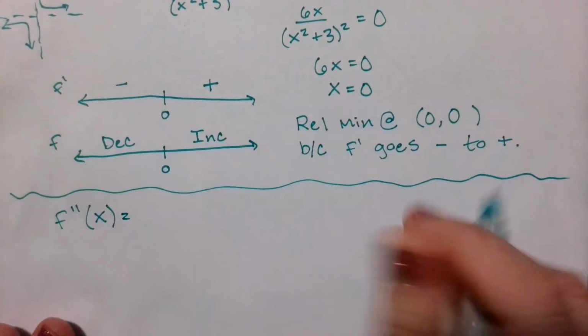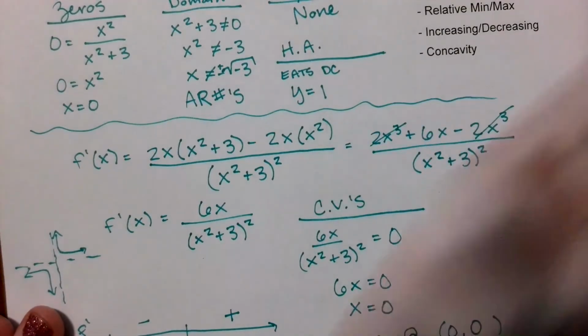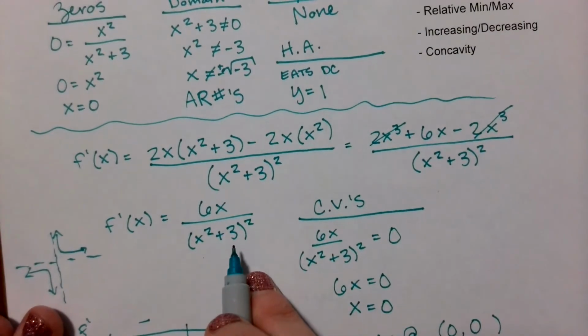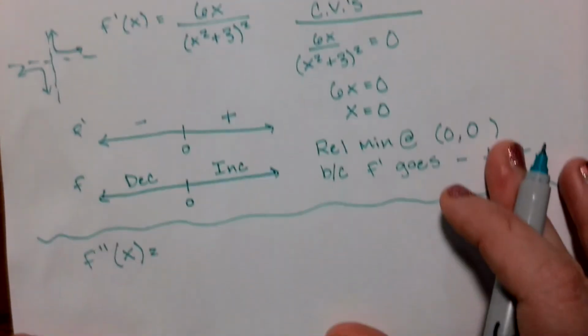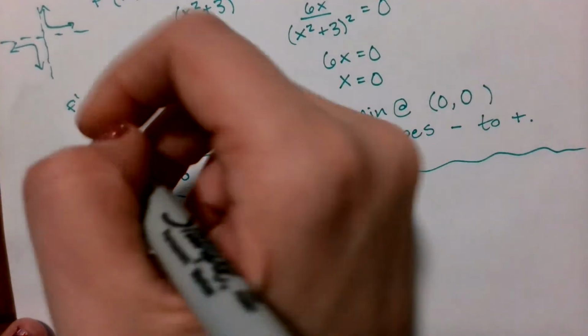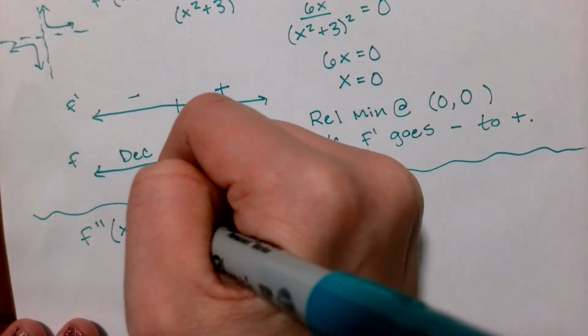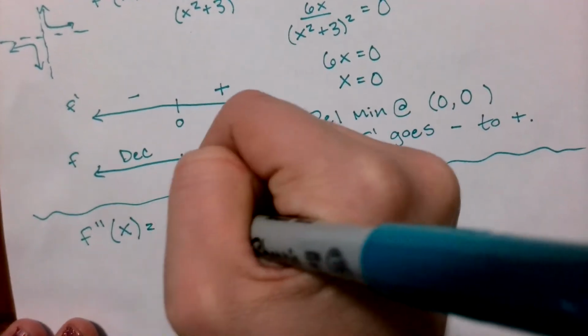And this is where it also was helpful for us to simplify our f prime, because I want to use that to find my f double prime. It's also where it is really important that I'm being careful with finding my derivatives, because if my derivative is wrong, then everything that I am getting from it is going to be wrong. Okay, so for f double prime, again using the quotient rule, we've got the derivative of 6x times this